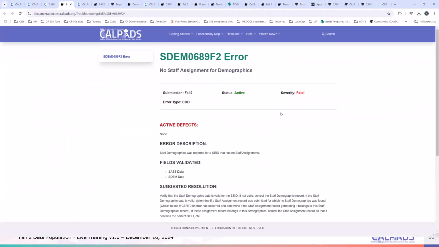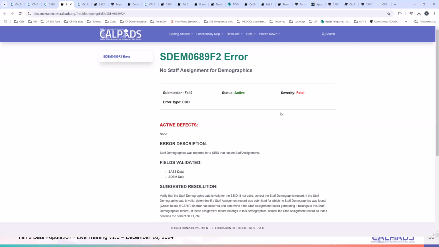So there is also confusion around RSP, right? It boils down to: does that teacher have a pupil service credential or a teacher credential? If you have a SPED person with a pupil service credential, then you just report a non-classroom job assignment and report them as pupil service.